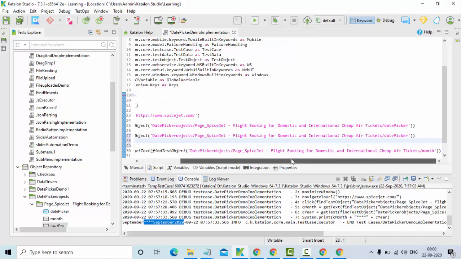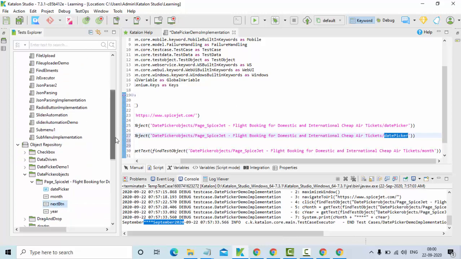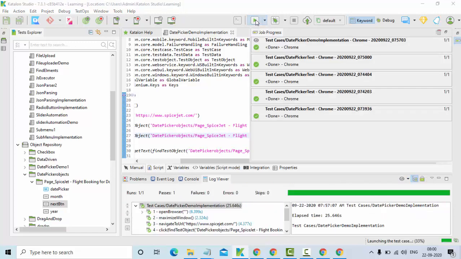In the click function, you see this is an object, right? This one I have to replace with this next button. So simply type that next button, click on save, run this script.